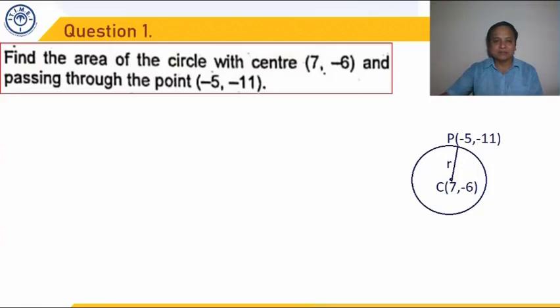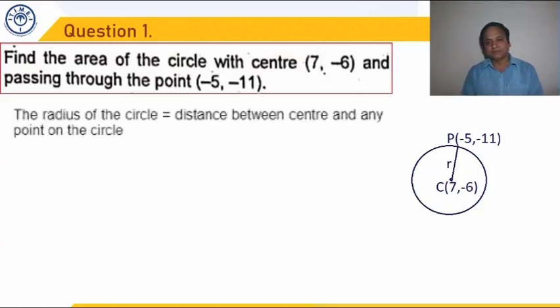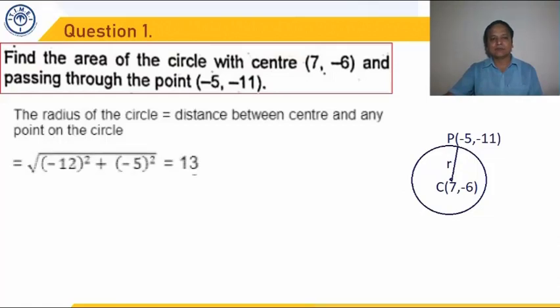So we find radius by using the distance formula. The radius of the circle is equal to distance between center and any point on the circle. Point P lies on the circle. Point C is the center. Both coordinates we know. Let's apply the distance formula, which is equal to under root of x2 minus x1 whole